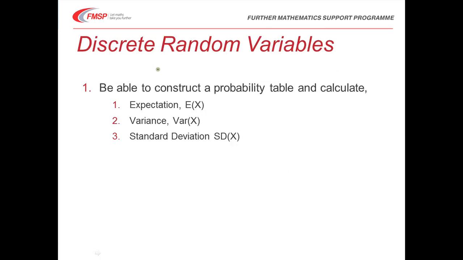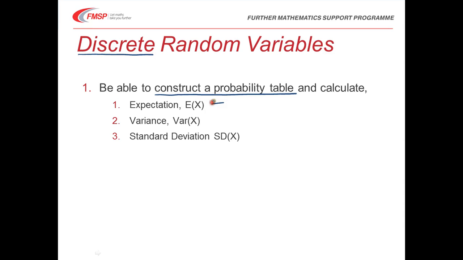So first of all, discrete random variables are things that take specific values. They don't need to be integers, although they generally are, but you're only allowed to have, say, a value of 1, 2 or 3. Random variables basically means that they all have an equal chance of being selected. So with these things you need to be able to construct probability tables and calculate probabilities,